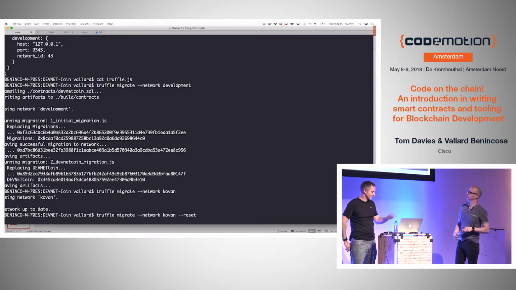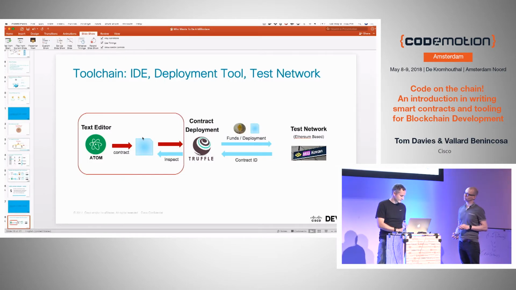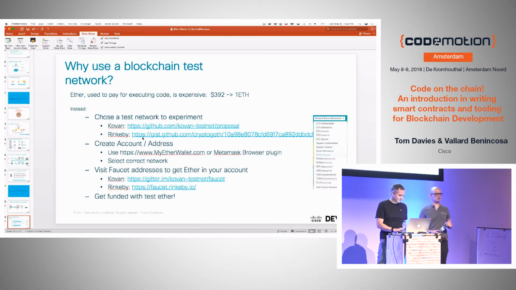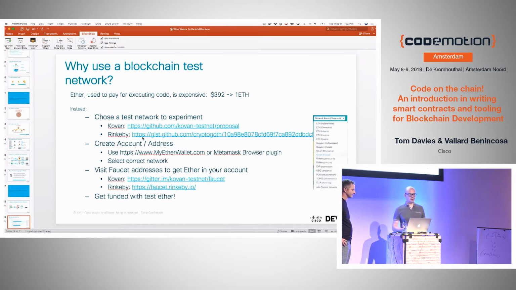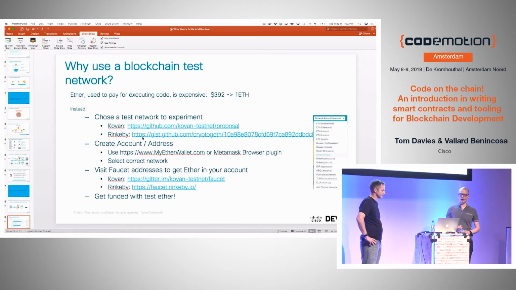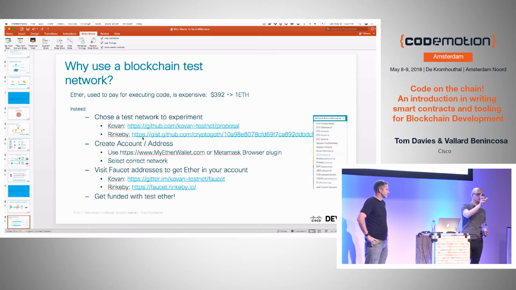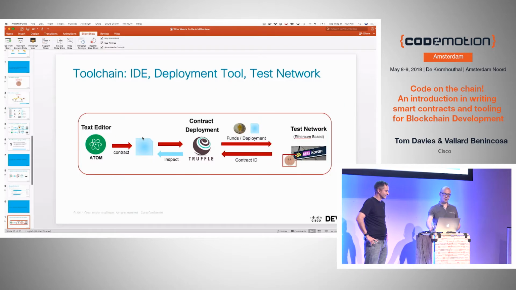Right. So now this will get deployed on the Kovan network so that we can actually look at it here in a second. So that's busily deploying. That takes probably like 30 seconds a minute to deploy. Why we use a test network, I think we've discussed this anyway, but it's really so you don't have to spend a lot of money on the real Ethereum network. And you can use the test network where there's not real currency associated with it. So we can go to the Kovan faucet, it's called, which is like a Slack channel, effectively. You put in your public key, and it'll give you the money back. It'll give you 5 KETH every day that you can spend. You can do a lot of transactions with 5 KETH. So that's why we use it.